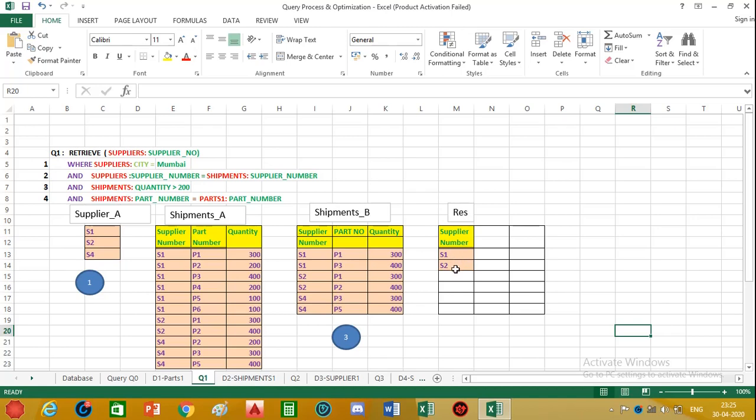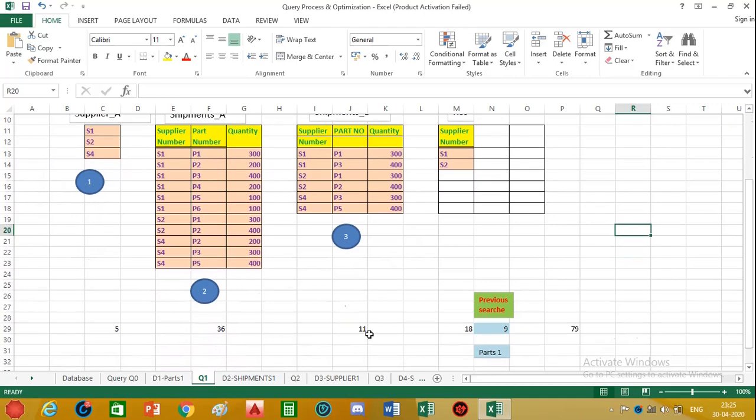But here the number of searches required for the query process is 70 and the searches required for detachment is 9. Hence, the total number of searches required is 79. Thus, due to detachment, the number of searches is reduced from 89 to 79.